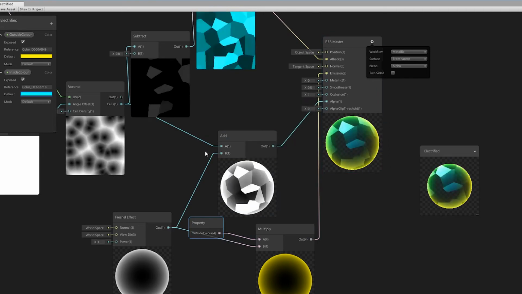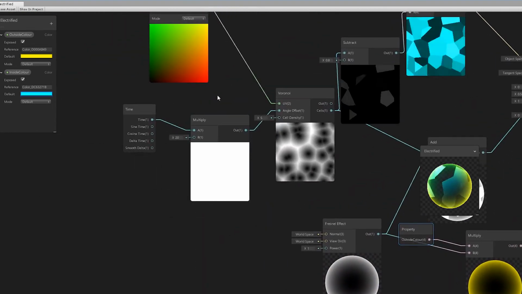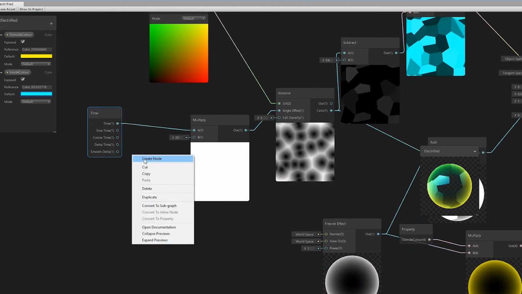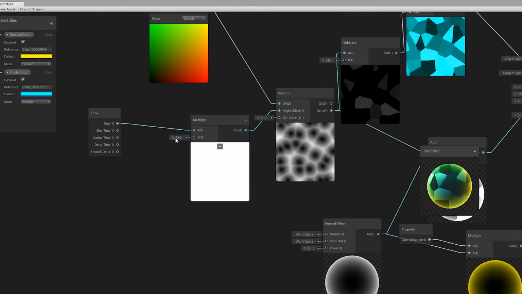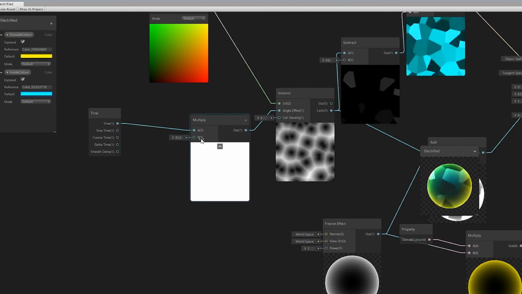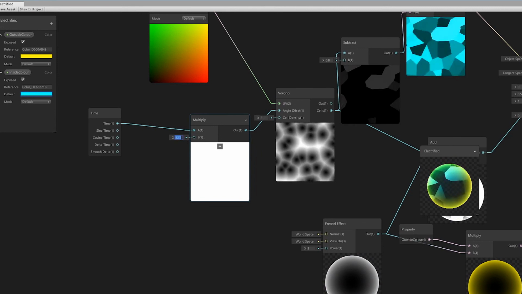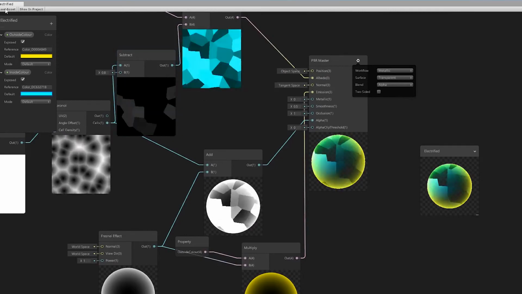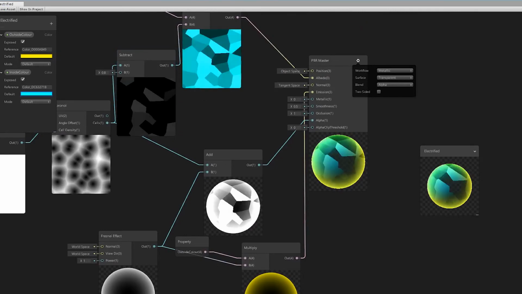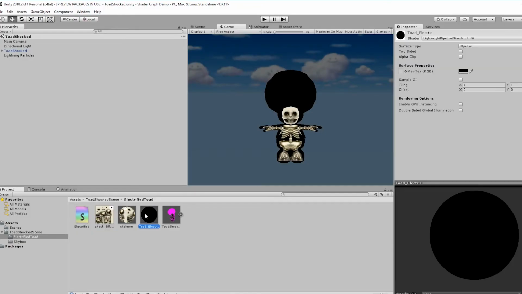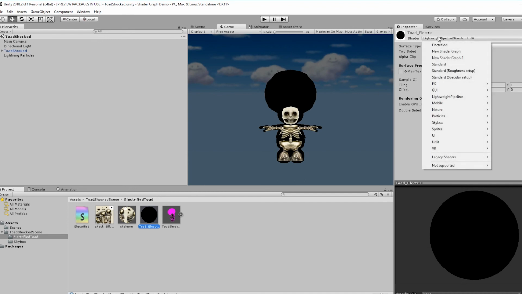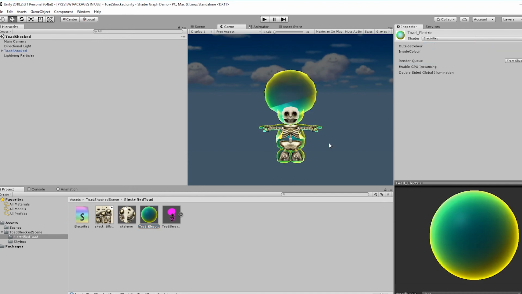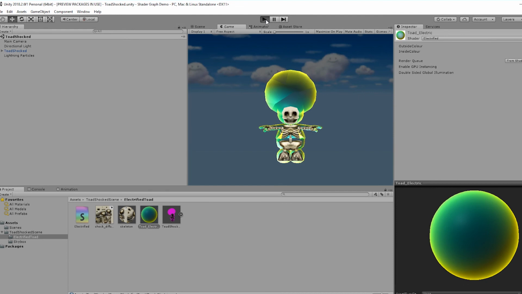Doesn't that look cool? However, I think that this could be going a bit faster. So I'm going to multiply the time by maybe 50. That looks a lot better, I think. So let's save that, and let's apply it onto the toad. So if we go up here, we can go to electrified and select this. Now if we hit play,